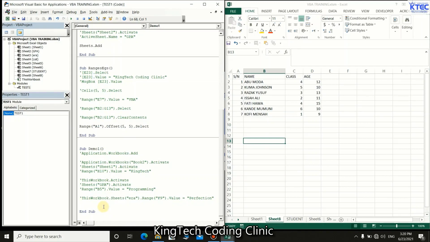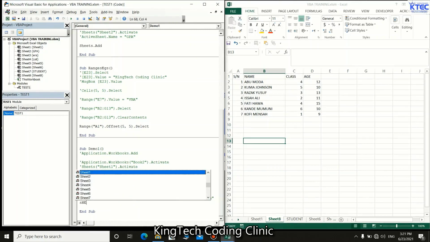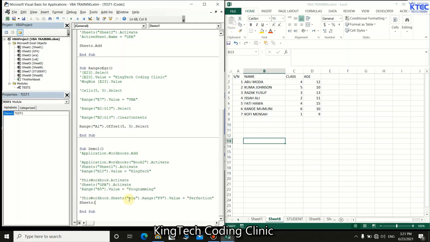To do that, first of all, we need to talk of the range. So which of the sheets are we talking about? We want to use sheet 8 here. Perfect, sheet 8, that's where the content is. So we say Sheets, Control J, we have the sheets, which of the sheets is sheet 8. Sheet 8 dot